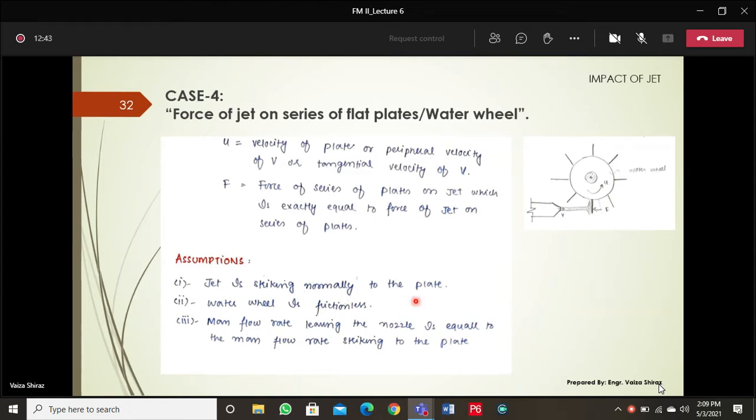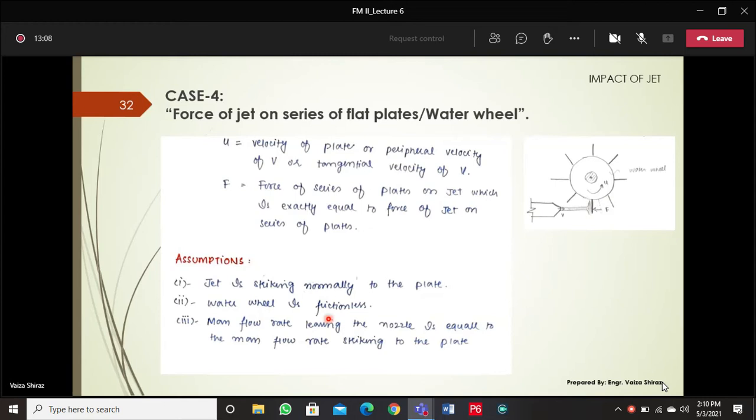अब इस assumption के derivation में क्या simplification आ रही है that your jet is striking normal to the plate. It means that your jet is deflected exactly at 90 degrees. ठीक है, इसका मतलब क्या है that when your jet is striking the plate, it will not have any component along the x direction. ठीक है, वो बिल्कुल 90 पे strike कर रहा है तो आपका jet along y deflect हो रहा है, right?